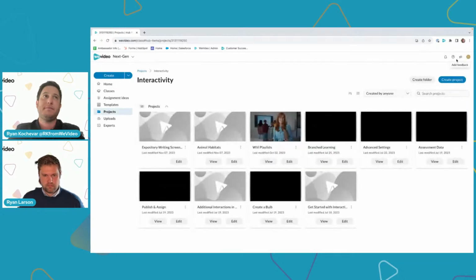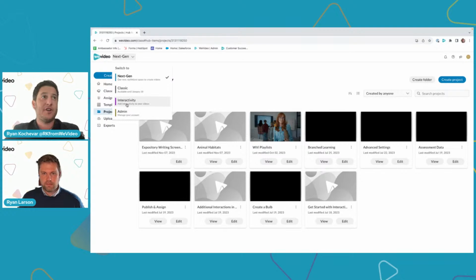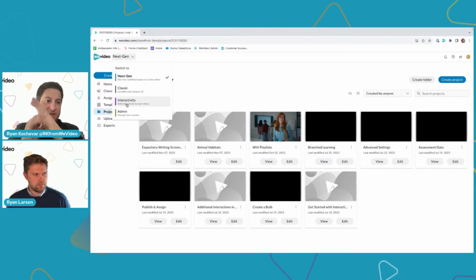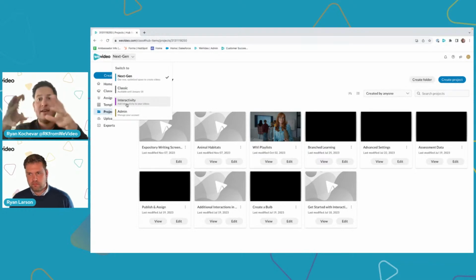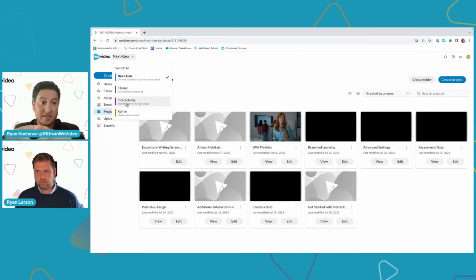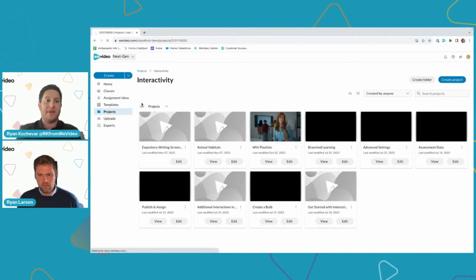Click done here. I'm going to head out of NextGen and jump into my interactivity. So this is where, if you don't have these features as part of your paid subscription, you're going to want to jump into that demo account that we provided in the chat and make sure you can access this space through this drop-down menu in order to follow along with what we're about to show you. So, jumping into interactivity,